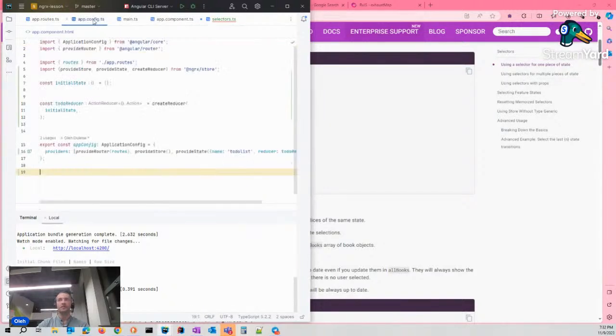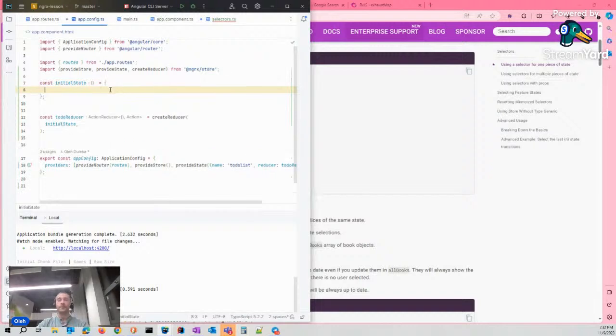We haven't created any data, but let's assume we want to have the list, such an array of the tasks, in the sequence to do list, and just an empty array for now.